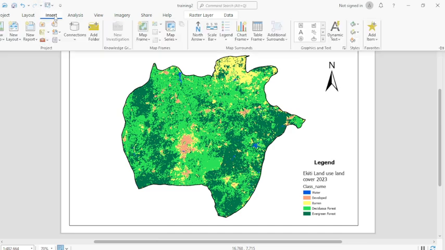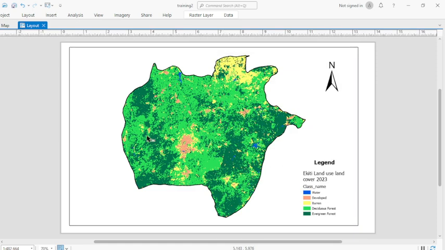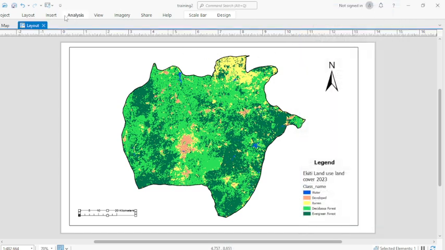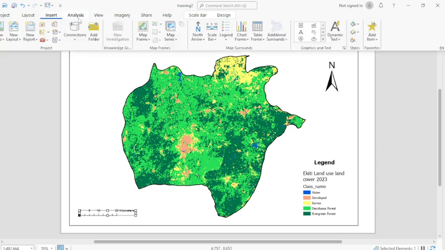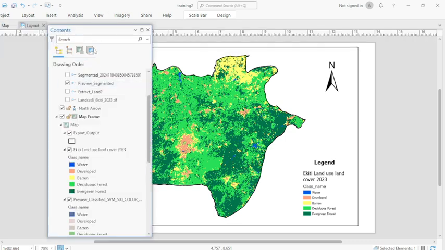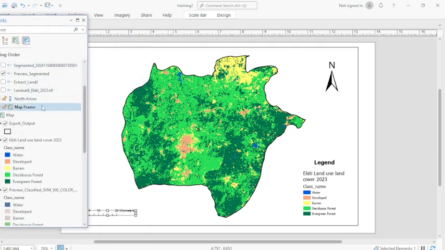We can insert again, put our scale bar, so click on it twice, it is in miles. We have to put it on kilometer. Then the last thing, we have to add our grid line. So to get that, come to view our table of contents. So on this